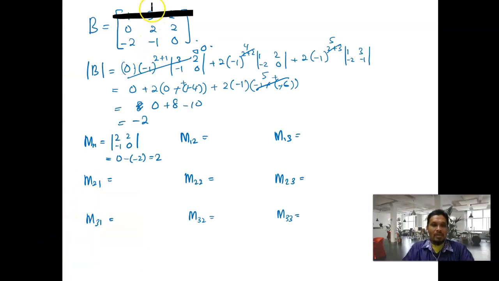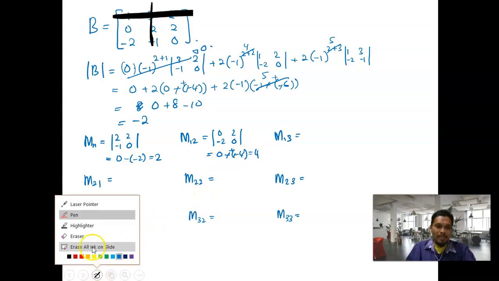hide the element in row 2. So what you see here now, we got 0, 2, negative 2, 0. 0 minus 2 times negative 2 equal to negative 4. So 0 plus 4 equal to 4. Okay. And